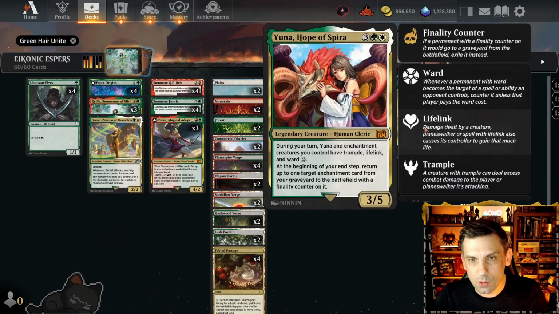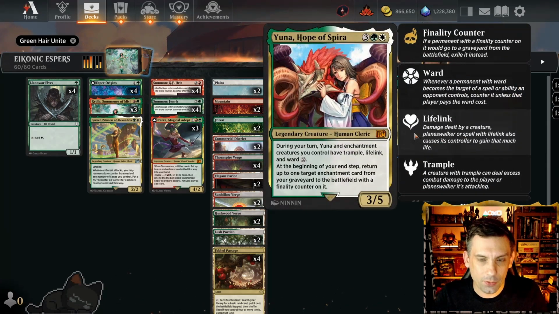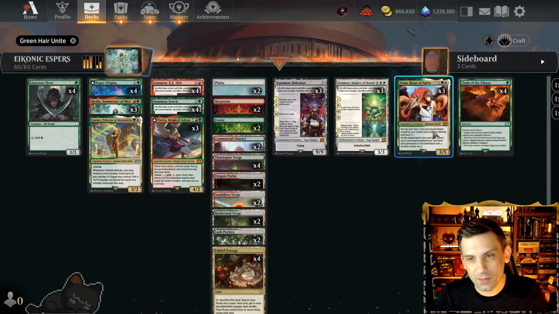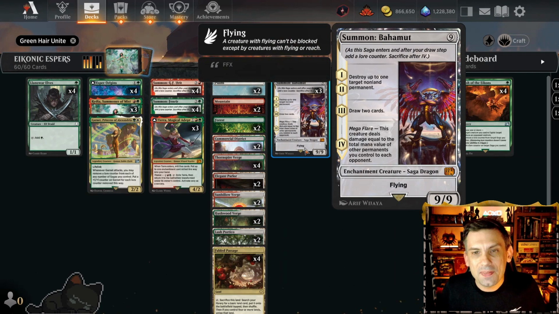It also gets Ward 2 on your turn from Yuna. You say go. Now your opponent has 2 must-kill threats. If they kill the Bahamut, Yuna's around to do it all again the next turn. But if they kill the Yuna, you get to keep the Bahamut and have a 9/9 flyer that's also triggering